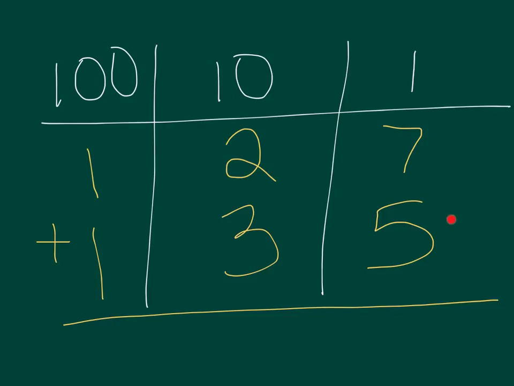When we start over here in our right column, we see that we have a 7 plus a 5. Think about that math. What is 7 plus 5? Think about it and say it. 12 was the right answer. But if I go to write 12 down here,